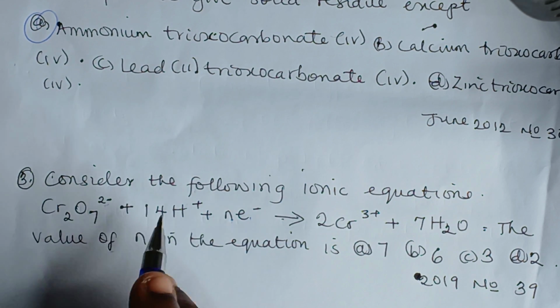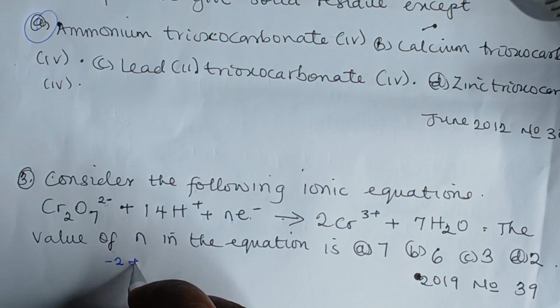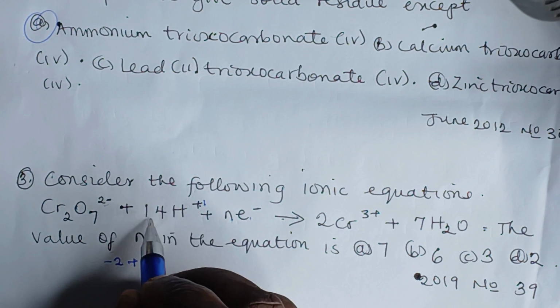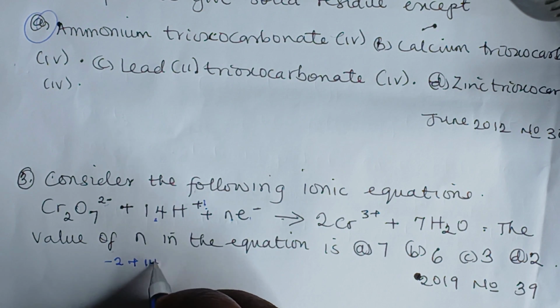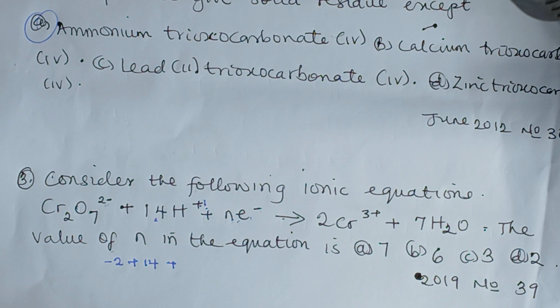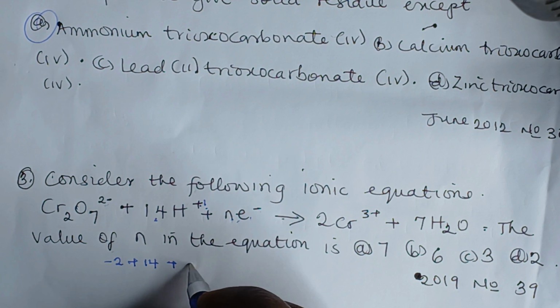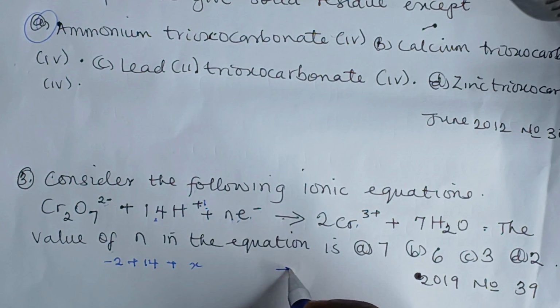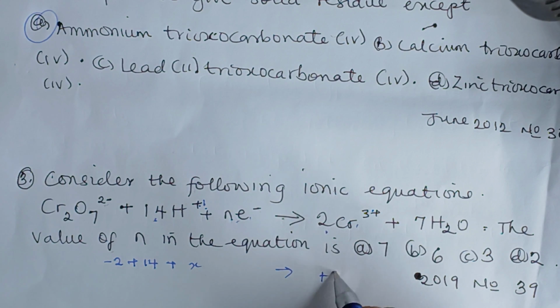So the net charge here is -2, plus the net charge here is +1, but we have 14 of that, that's +14, plus the electron here is unknown, so we'll leave that. Let's say plus x. Then from this side we have the net charge as +3, but we have 2 of such, that is +6. Then we have 0 here, nothing is on top here, +0. So on this side we have 6, while on the other side we have -2 plus 14, and that is